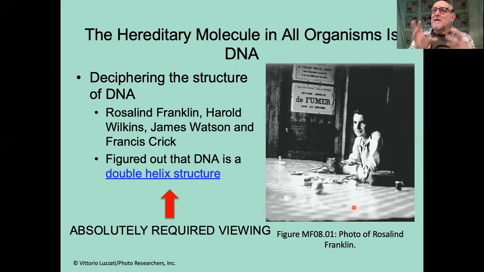The other group said, no, it has to be the proteins because the proteins are very, very complicated. So they must be conveying all of this information. It took a long time, it took nearly 50 years to prove that, in fact, it was the DNA that was the hereditary material. We're not going to discuss all the reasons why that decision was made, but it was